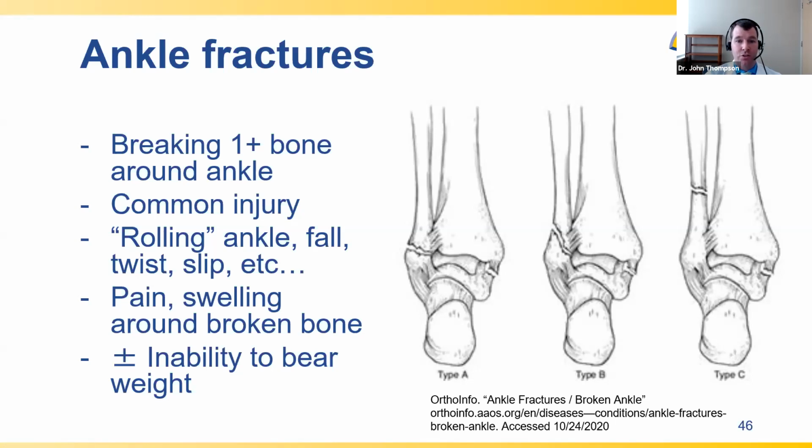This is one of the most common fractures in orthopedics requiring surgery. It can occur in both young active individuals, but also in older and even more sedentary people. Frequently, this involves rolling the ankle, which can result from a slip, fall, twist, or really any other mechanism. How the ankle breaks depends on what position the foot and ankle are in and what the force applied is. There are a few basic patterns to ankle fractures that help to categorize whether the ankle is unstable and therefore needs surgery. Stability of the ankle, in essence, is determined by the structures on the outside, the inside, and the back part of the ankle. And in general, if at least 2 of these 3 are injured or disrupted, then the ankle is deemed unstable.